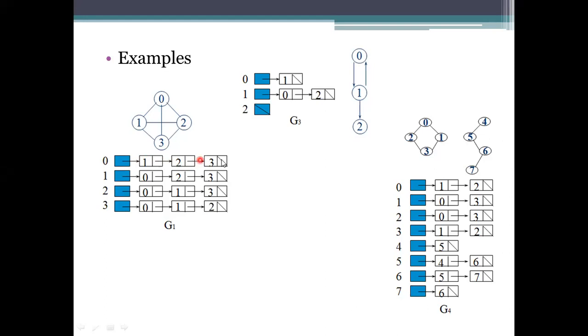If not, simply indicate it as a null. Since it is a complete graph, each and every vertex will be connected to the other vertices, so we need to represent all the values here.